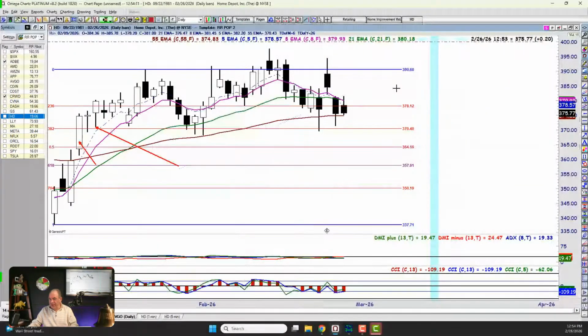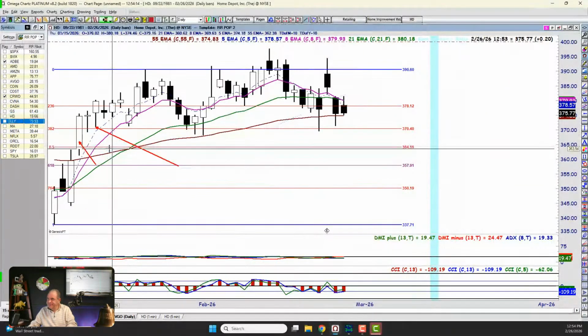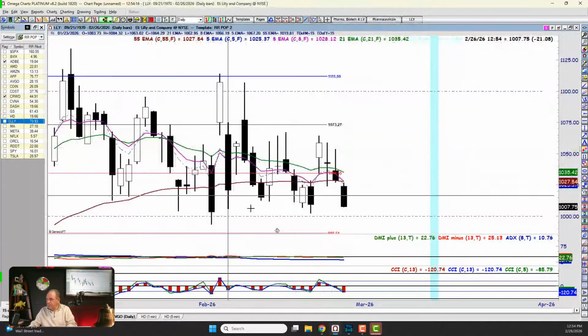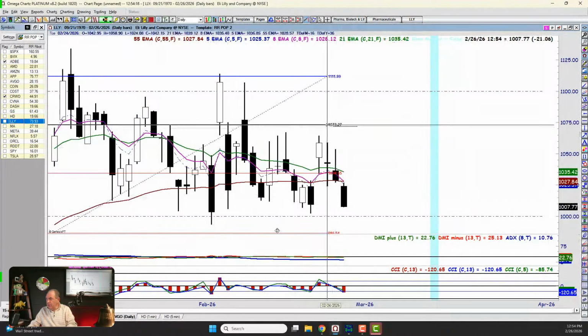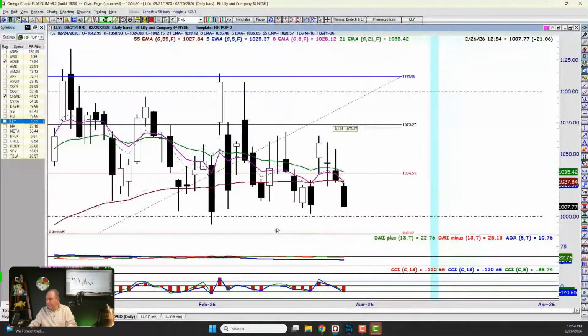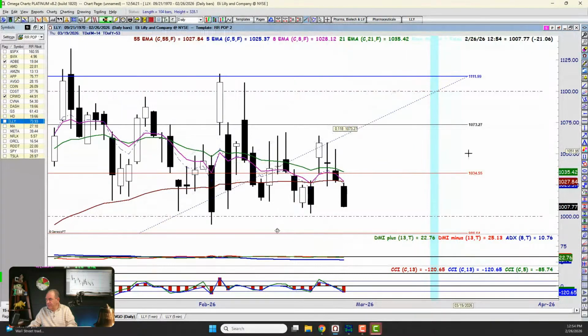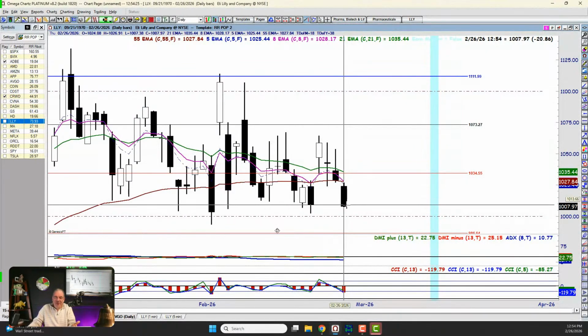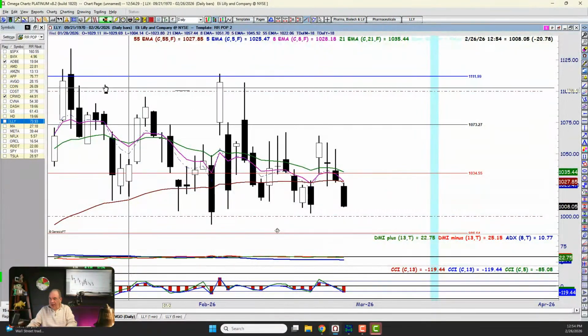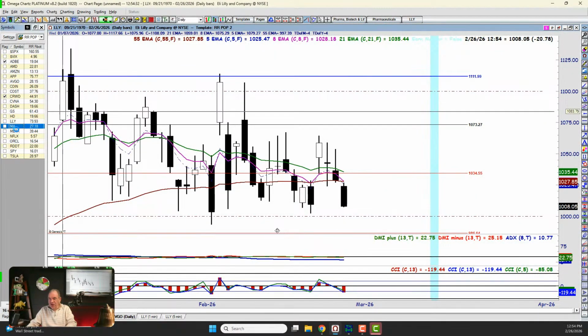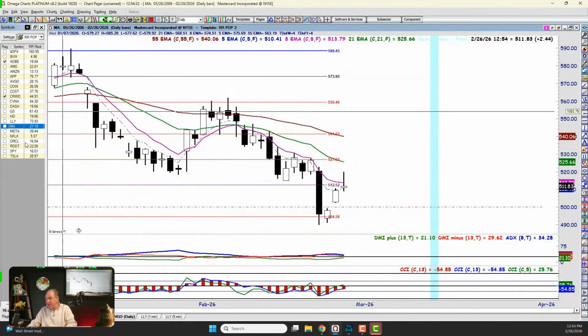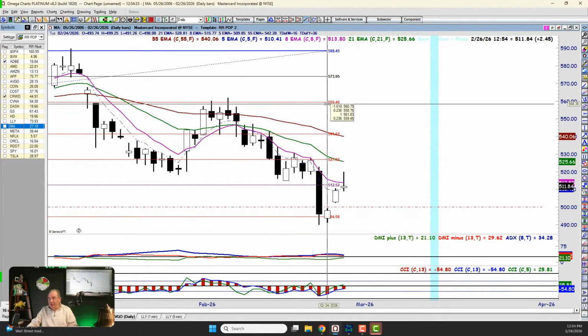Uglyville. We're between the moving averages, so nope. All right. Made a nice move down. But we're in the middle. There's nothing there, so no. And I know you look at these and go, but there's so many opportunities. I just want to trade. And you can, but find the right ones.